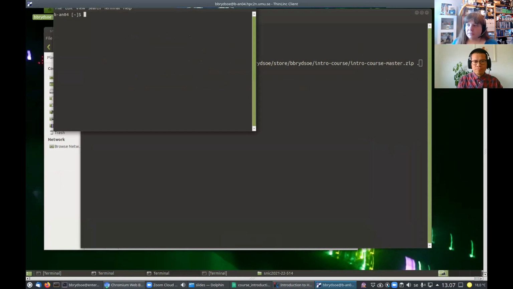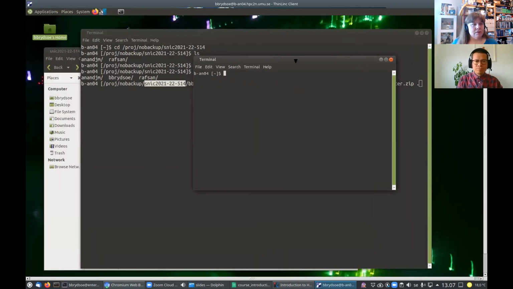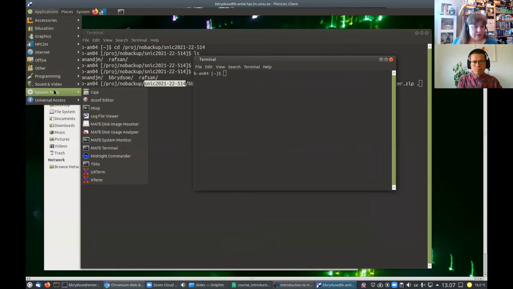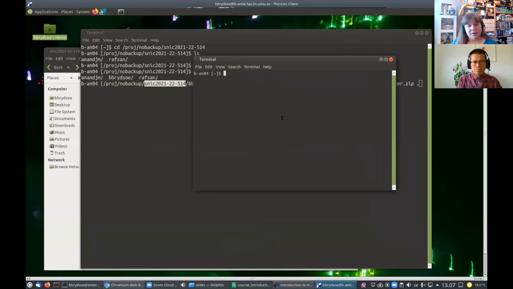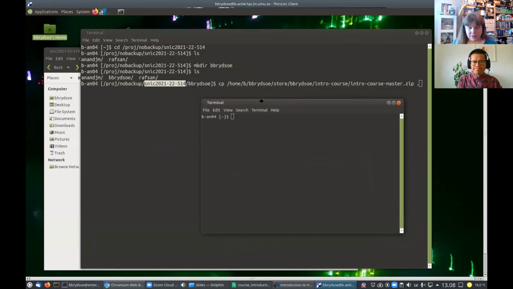So let's do that. So open a terminal window. You do that with click Applications, System Tools, Mate Terminal. Or if you are using just a terminal window from some SSH client, you have your terminal window. And then you want to make a soft link from your home directory to the place where the storage directory is. So you would do ln -s and then